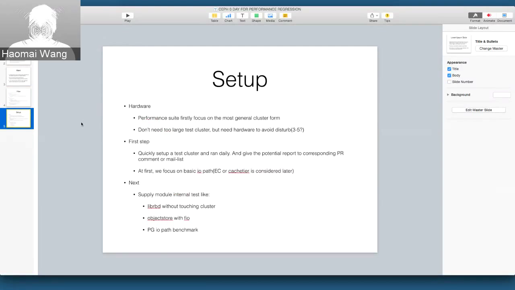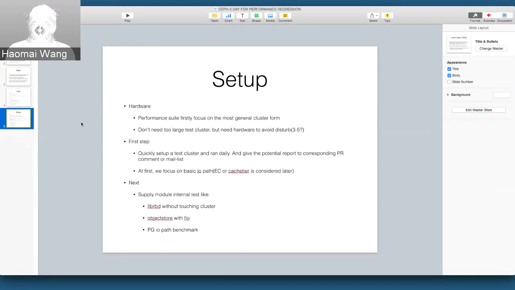VM itself has some problems for performance benchmarking, and it can give some raw results about the performance. And then we need to run a test cluster daily and give a report to the PR and on the mailing list